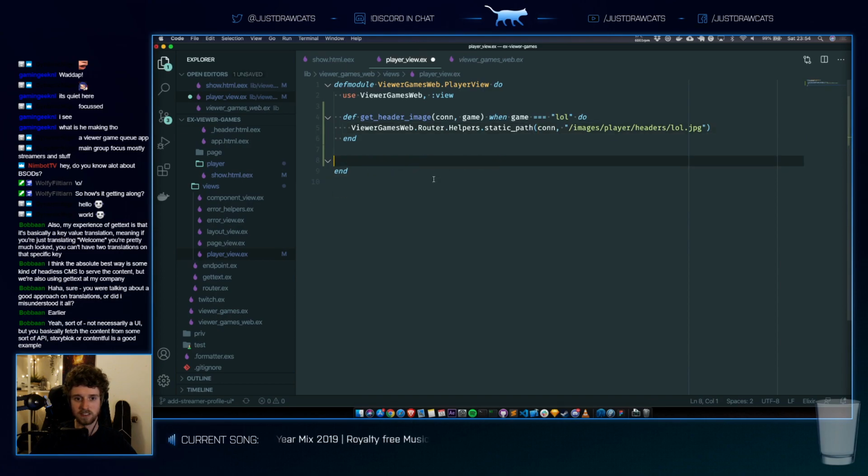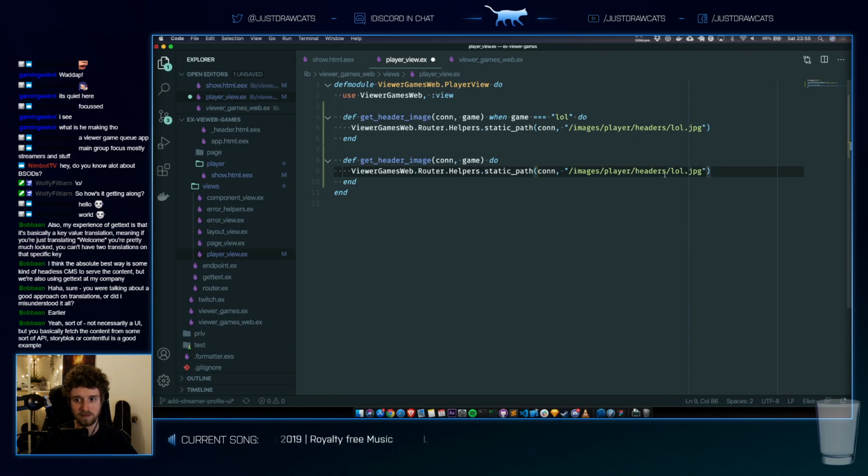Okay. So we only support lol right now. And otherwise, we just add it here, which is pretty much exactly what this does, so maybe you can just do this.